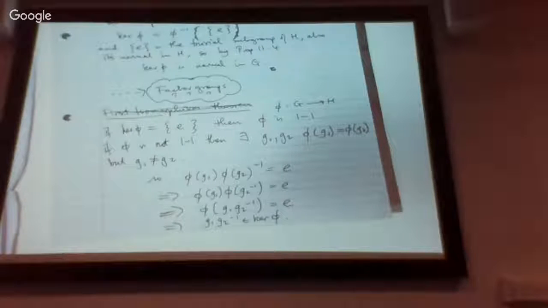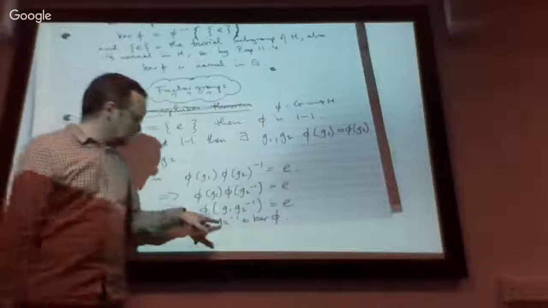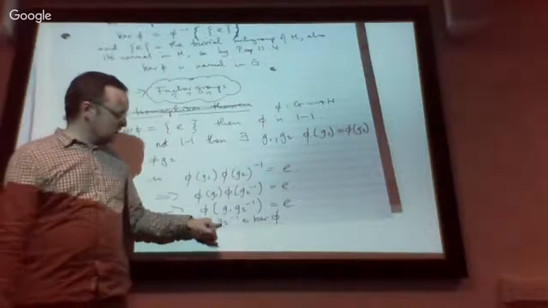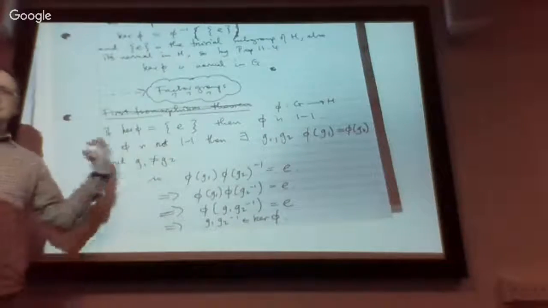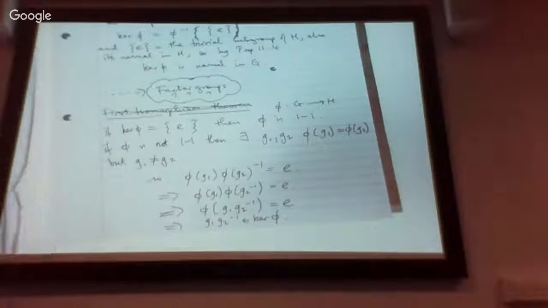Yes, 5G. Well, I was only slightly worrying there is how do I know that G1, G2 inverse is not just the identity element again? Have I actually found something non-trivial that's in the kernel? Yeah, I think I have, because